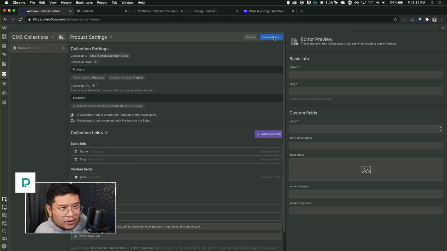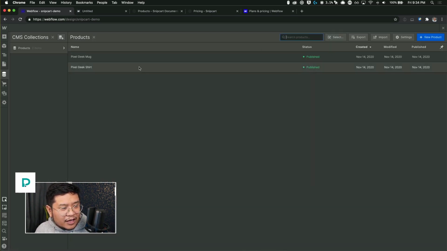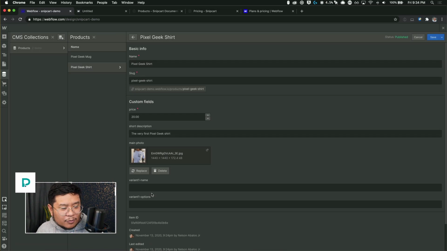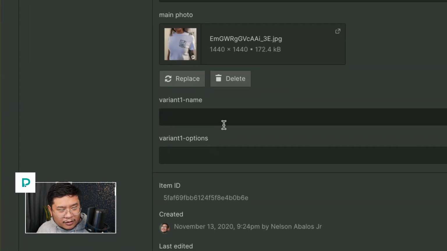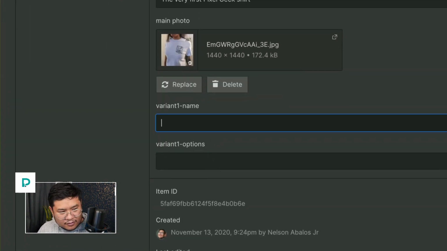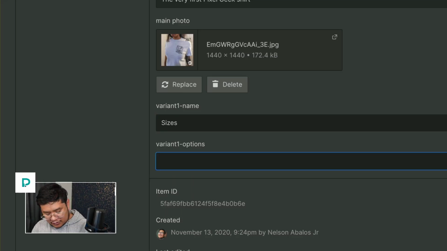I'm going to save collection and go back to my shirt. And so my variant name, I'm going to call it sizes. All right, so we have small, pipe, medium, pipe, large, pipe, extra large. And that's it.